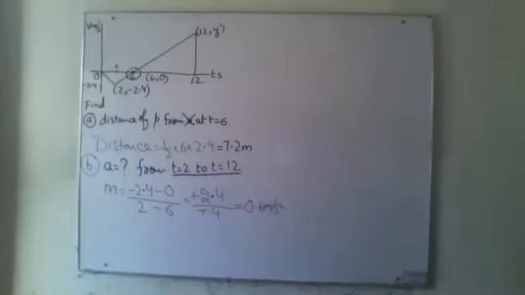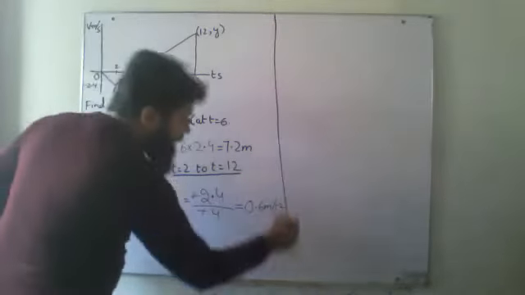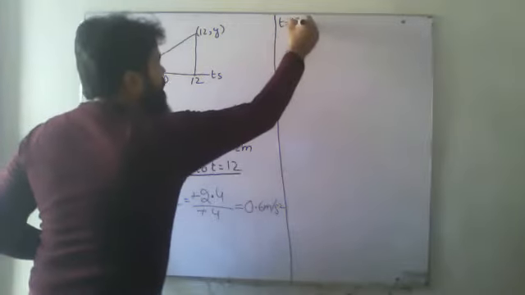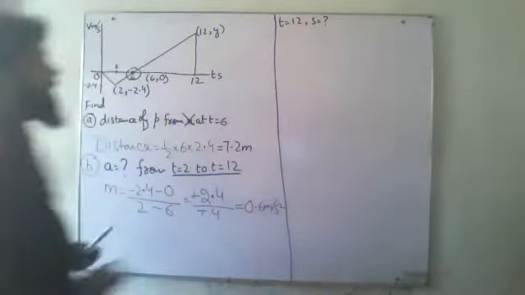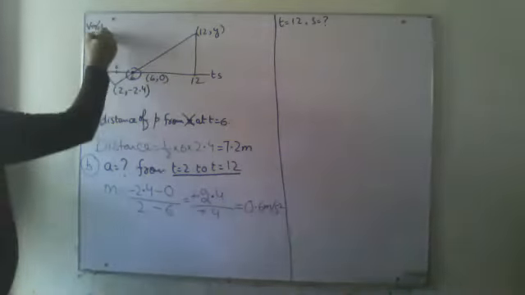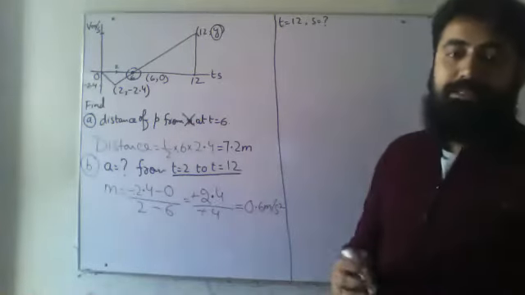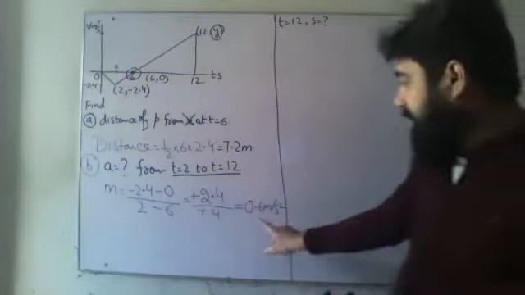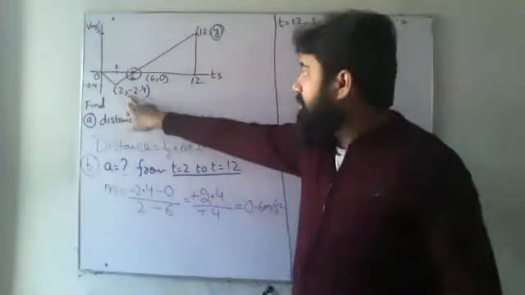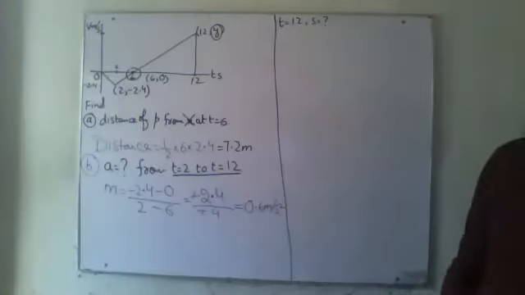Now in the next one, they are saying find the speed. I have to find the speed at t equals 12 seconds. I have to find my speed over here. Okay? So it means I have to find this value. I know that the gradient of this whole line is 0.6. I've already found it, so I can use these two points with this one, or these two with this one, in order to find the value of the gradient.